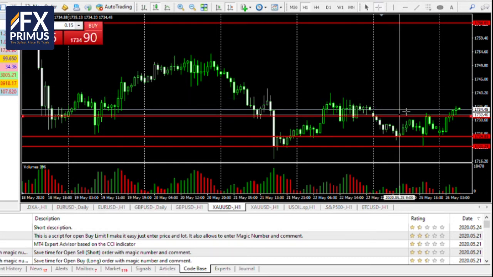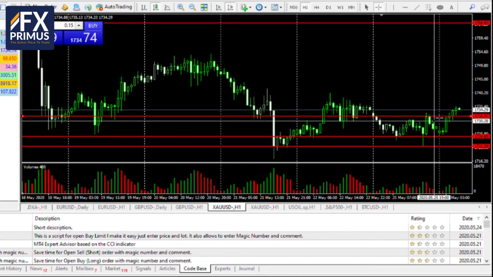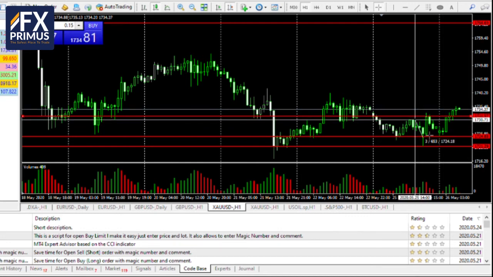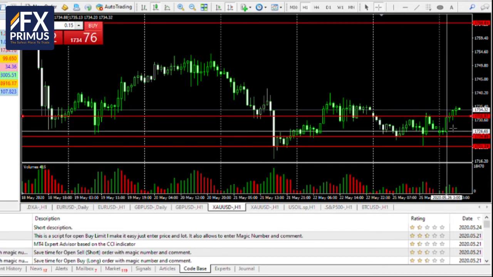In the morning session it was mostly moving down. In the afternoon session it retraced back up about $6, and towards the evening it pushed down even more, about $9.40, before rebounding and going sideways. As of this morning, the gold price is on a bullish sentiment. This morning at about 8 a.m. it moved up about